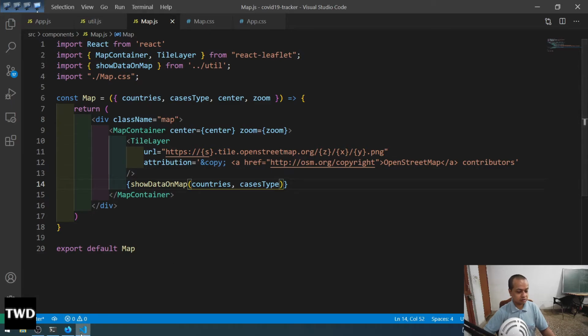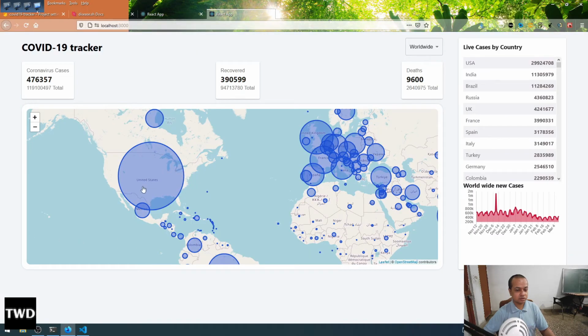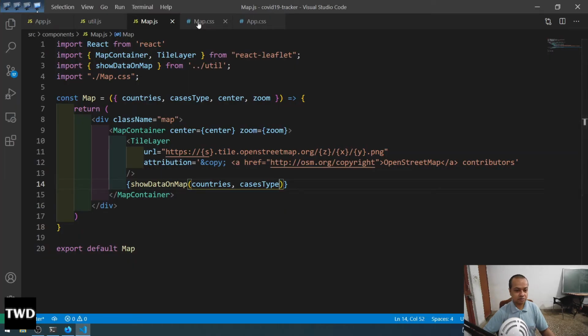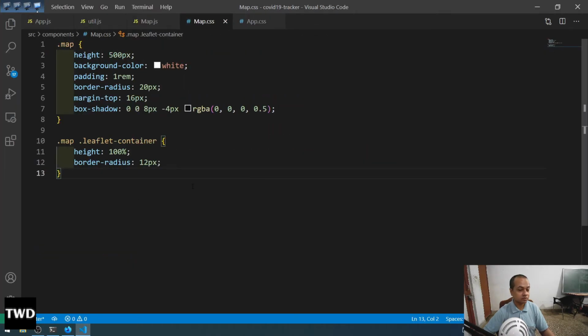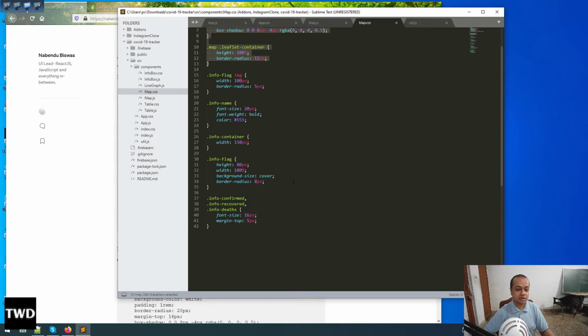And if everything is right, if I go here, yeah, it has been shown. Now the cases have been shown. If I click here, it is showing me whatever is there. I want to show the flag also. By default the flag is not shown, so for that we have to add the CSS in map.css to show the flag. So let me copy that also, map.css, and